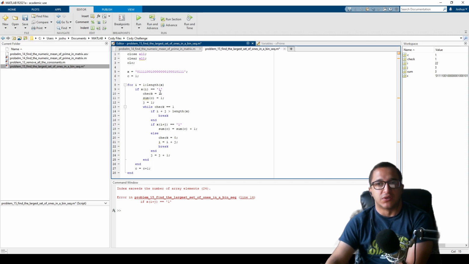That doesn't interrupt. Check equals 1. Sum of c equals 1, and then I say j equals 1. And then I say while check is equal to 1, so I open up a while loop. And I say if i plus j is greater than the length of x, then we do break, which should end